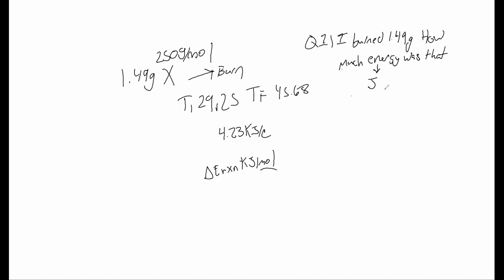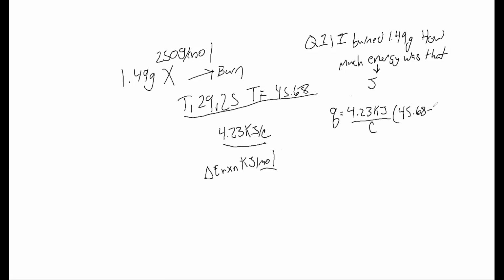We're looking for something that will tell us when we burn a substance how many joules are released. Well, our 2 things that can tell us that are temperature and the heat capacity of our bomb. So the heat that is released when we blow something up is 4.23 kilojoules of energy for every degree centigrade that we changed. And our change in temperature was